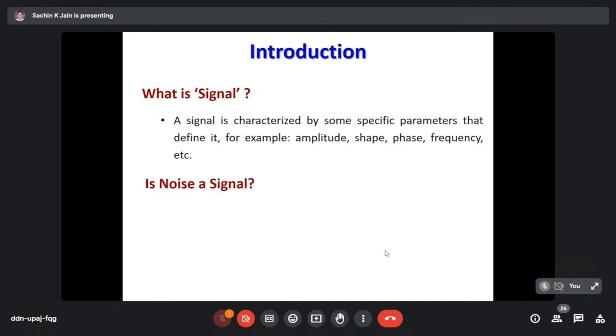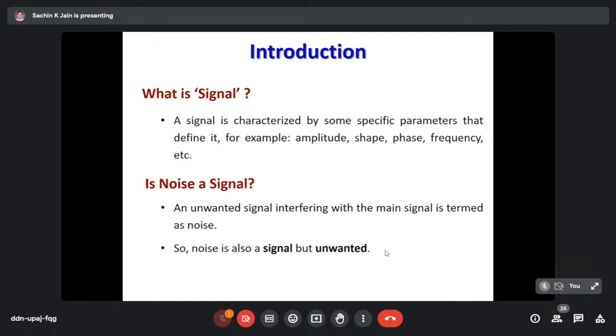Now, my question to the audience: is noise a signal? It will be better if we keep it an interactive session and you also participate in the discussion. That way I will get some feedback about your understanding, so that accordingly I can customize how much content I have to cover. Otherwise, even this session could be of more than 2 hours duration. Anyway,